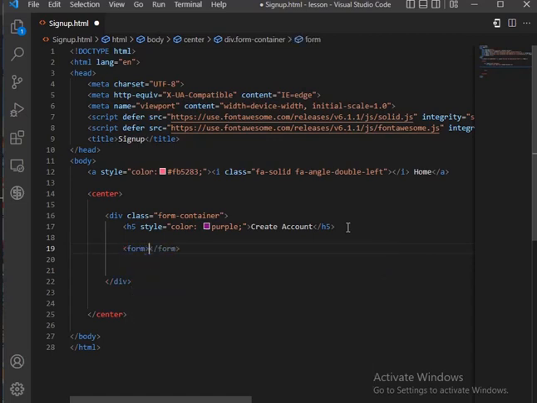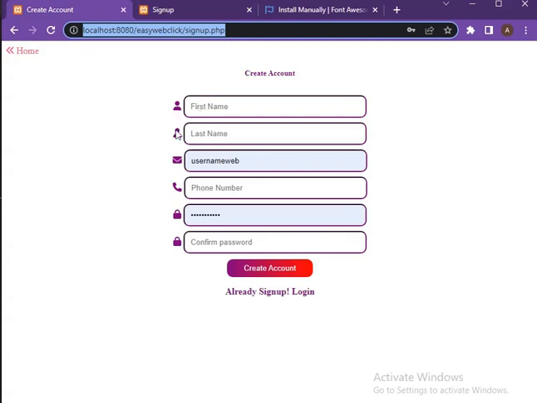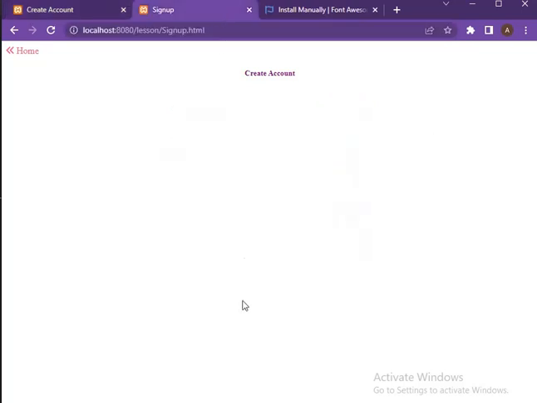Form tag and close form tag. So inside this form tag now, we'll be having the font horizon icon. As you can see in our sign up form, we have these icons: telephone, password, mail, user icons. We have it here on the list. So we'll be creating it in the login form. So let's go back to our